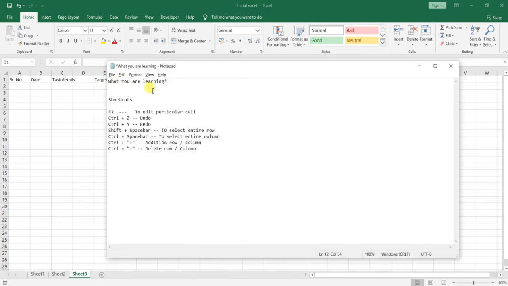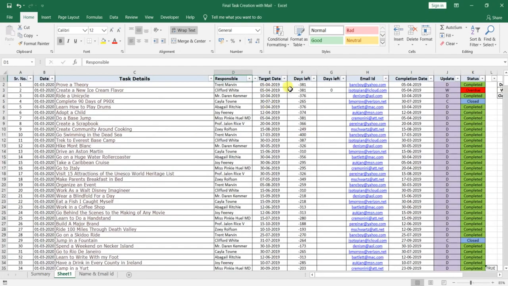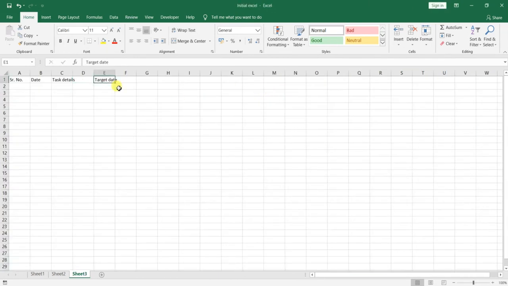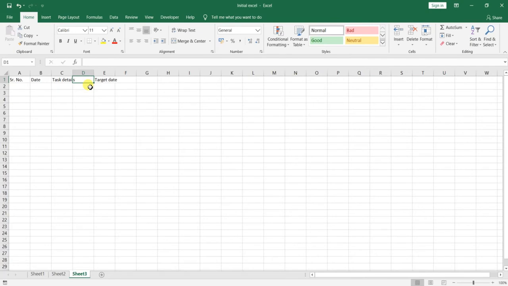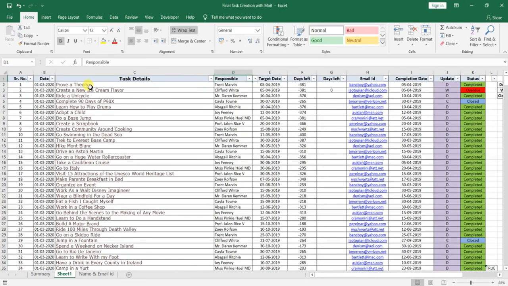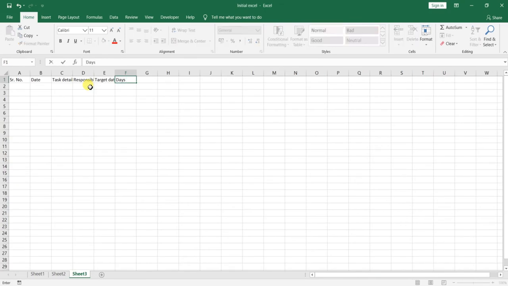So task details, target date. Now what we want to prepare: days left 1, days left 2, right? But here unfortunately we have missed this responsibility, target date, then days left.